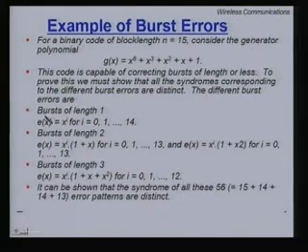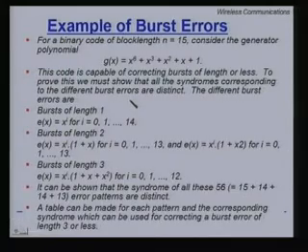How do we find out the syndrome polynomial? Well, take this E(x) divided by g(x), and whatever is the remainder is the syndrome polynomial. So, it can be shown that for all these cases, if you take it modulo g(x), you come up with unique polynomials. If we have unique polynomials, you can map it back and hence correct all errors of burst length 3 or less. A table can be made for each pattern and the corresponding syndrome, which can be used for correcting a burst error of length 3 or less.